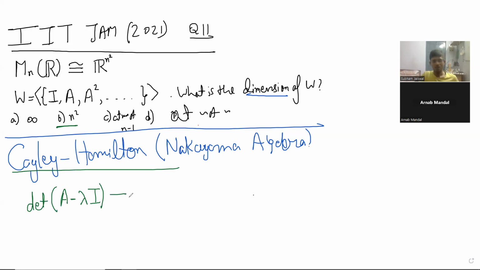You look at this polynomial and you call it P of lambda. The claim is that P of A